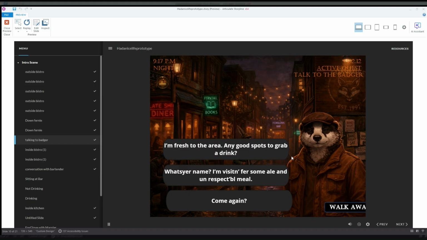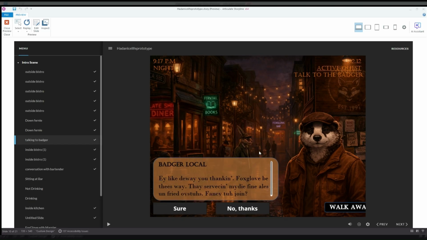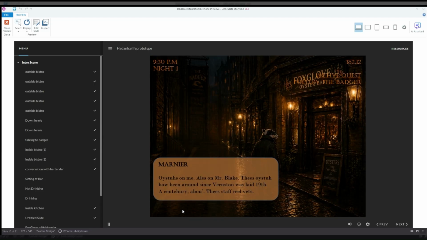So we have options to interact with him. We can indulge in the local culture and mimic the way he's acting, we can be inquisitive, or we can be dismissive. And again, at the bottom left, we can oblige, or we can say no, thank you. A lot of opportunities to indulge in the culture here and the nightlife culture as well, and their respective repercussions. So we'll say sure, following our new character into a new restaurant.